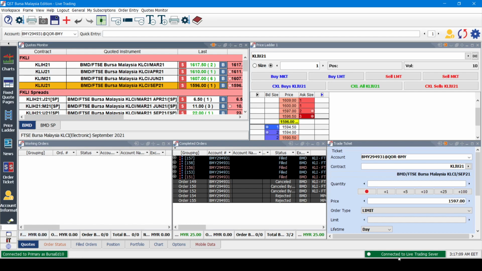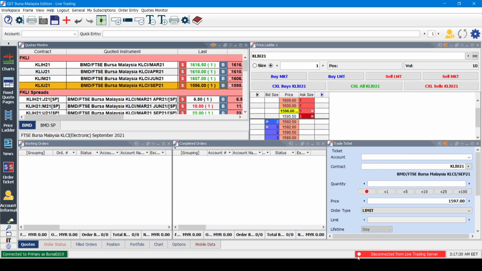Here on the bottom we have the connection toolbar. If it's green like this, it means you are connected both to the code server as well as the live trading server. If the live trading server button is red by any chance like this, you can always right click in this area and hit connect. This is important, so that you can place your orders